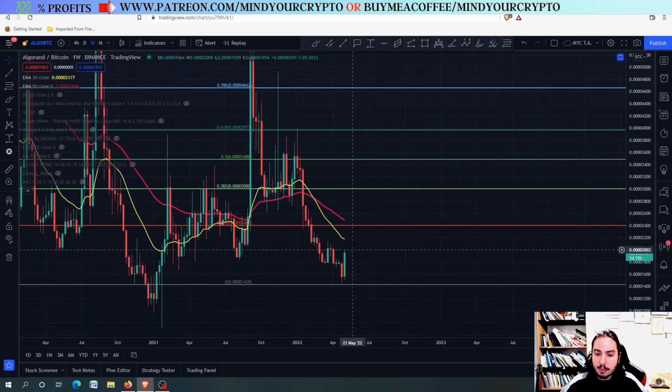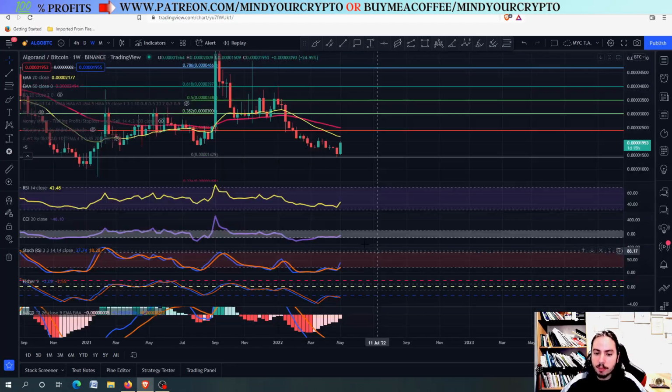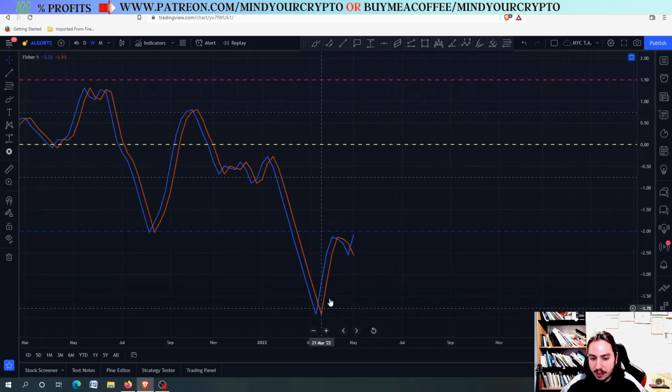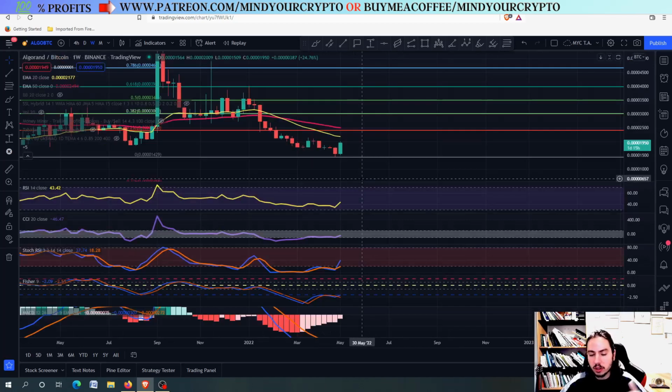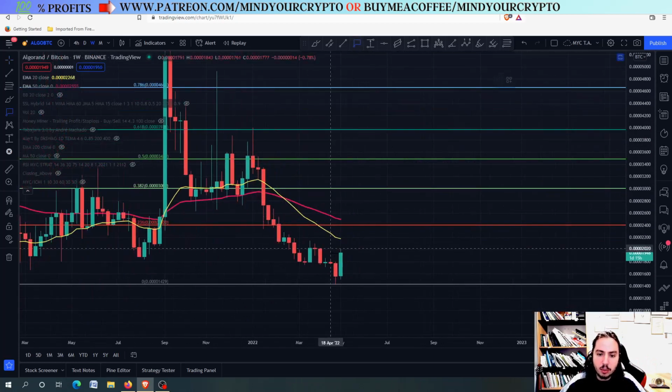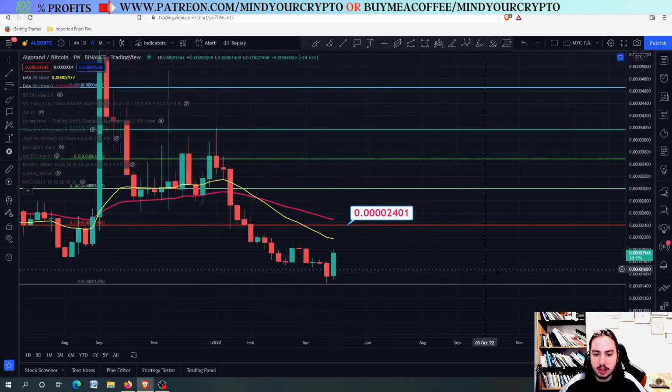This shows some nice movement, and it shows that probably we are entering into a mode of a higher low and a higher high pattern. Higher low on the stochastic RSI and on the Fisher transform as well. You can check out the Fisher transform indicator: higher low from the 14 March. We might not have a bullish RSI, but we have some very good news here. On the weekly frame, I think that Algorand is ready to outperform Bitcoin. The first target will be the 20-day MA, but I think it will be a minor target. The first serious target will be at